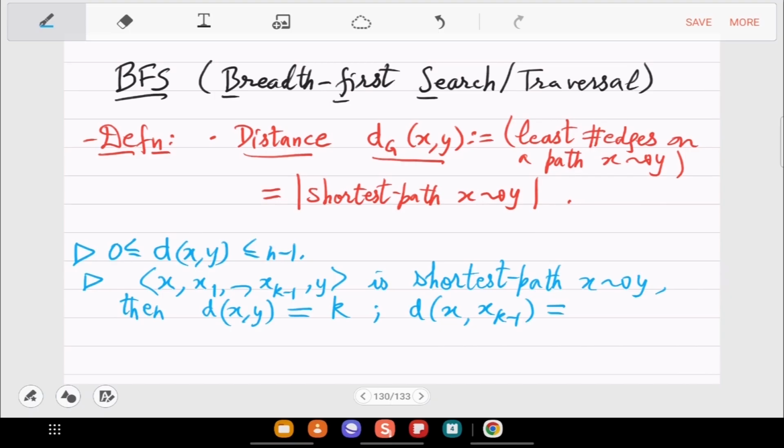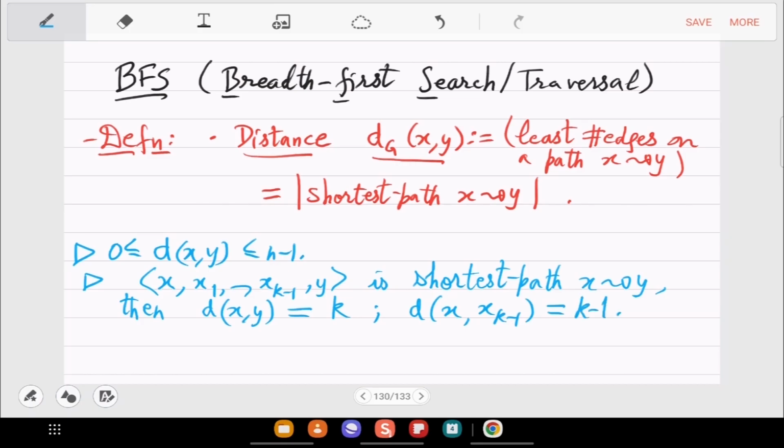So x to y is distance k by the hypothesis. But what can you say about the intermediate vertices like x_{k-1}? What is the shortest distance between them? Yeah, so less than is correct, but I will say k minus 1.